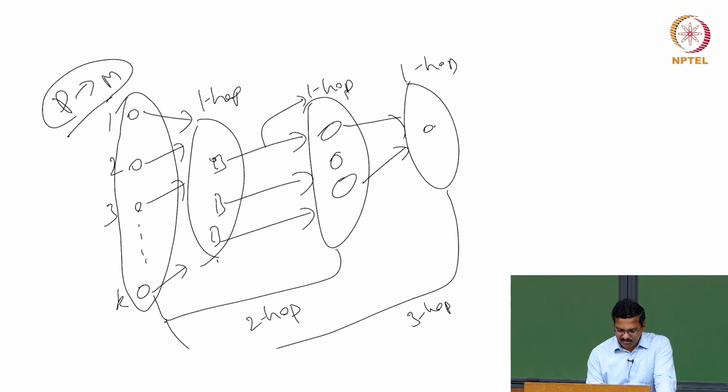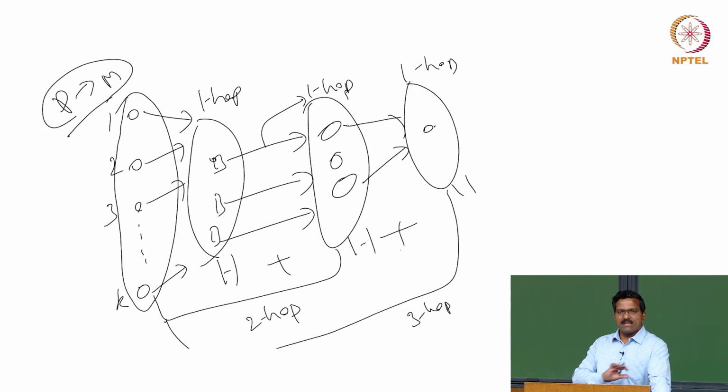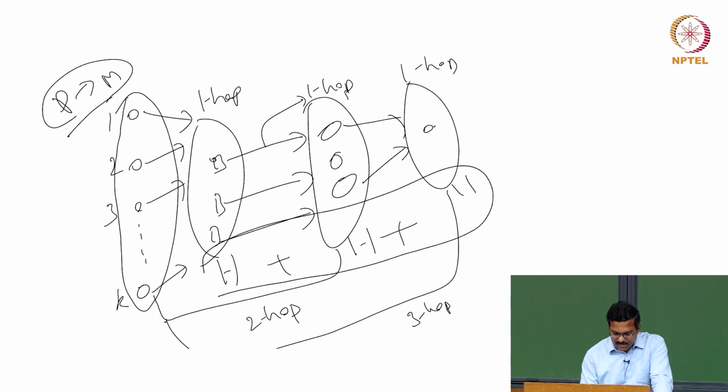Here some set of people I'll get, and these one-half people of these influential people in turn influence their one-half people, and here is another set of people who buy the product, and so on and so forth. The sum of all these numbers, right? That is called the influence effect of these k people. So now the problem is we want to choose the k people in such a way that the sum of these numbers should be as large as possible. That is the problem actually.